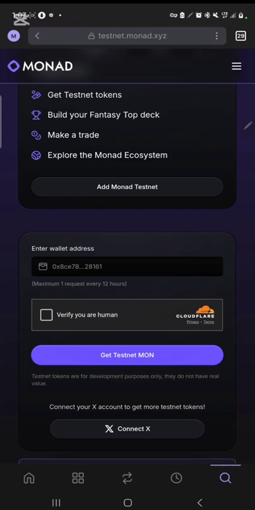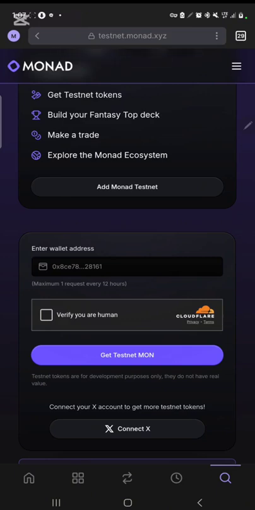Now let me give you an overview of what MONAD testnet is. MONAD testnet is an ecosystem like Solana, Ethereum, like an ecosystem in the making. So there are a lot of protocols, a lot of projects that are building on that ecosystem. So they want you to interact with every one of those projects that are building on their ecosystem. So that's how they reward you when they do their TGE. Do you understand? You don't have to interact with every one of them, but the more you can interact with,